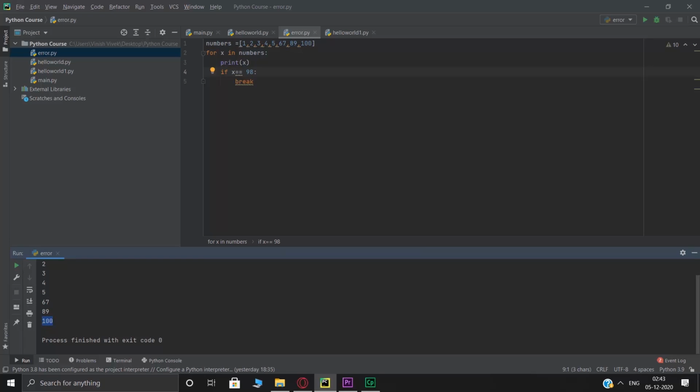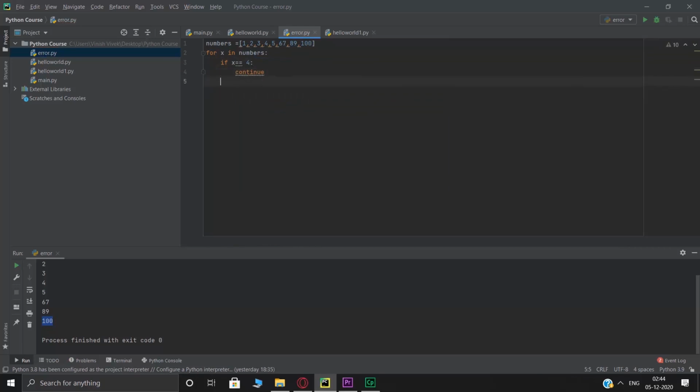Then comes the continue statement. With the continue statement, you can basically stop the current iteration and continue with the next part of it. So in the same thing itself, for x in numbers, you want it to first check if x is equal to, let's say, 4, and once it is equal to 4, you want it to continue.